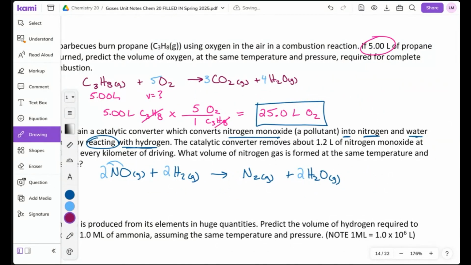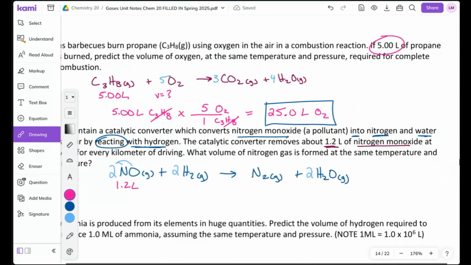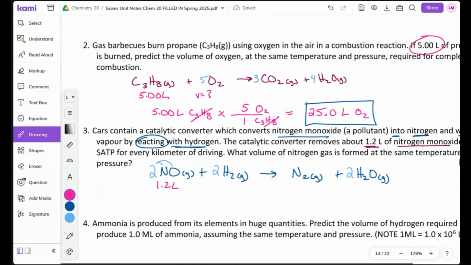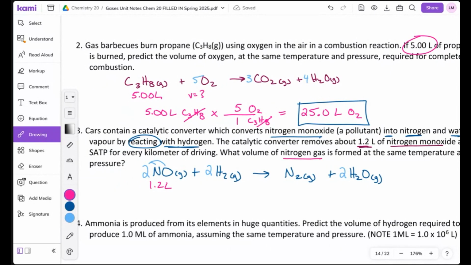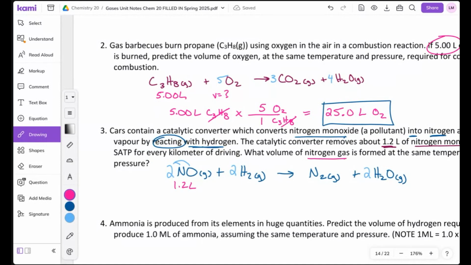So the catalytic converter removes 1.2 liters of nitrogen monoxide gas. So let's organize that. At SATP, so standard ambient temperature and pressure, you can find those conditions on your Nelson periodic table, but ultimately it doesn't really matter for this type of question. So SATP for every kilometer of driving. What volume of nitrogen gas is formed at the same temperature and pressure? So nitrogen gas, this is the one we have no clue. So let's write out our given